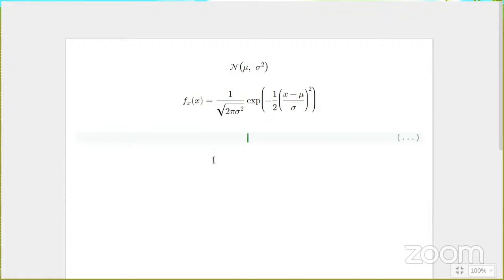So what I need to compute is this for each feature and each mean, each feature in each class. I need to do this for each feature in each class. So rather than doing it in the original space, I would like to go to the log space, right? So this will be